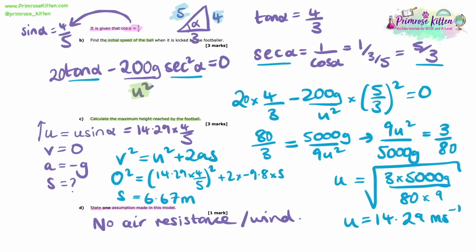And that is why we could make a lot of the assumptions in this question when talking about this horizontal plane having no acceleration. So, good work. I hope that that's nice and clear now. Every projectiles question is the same as the last, so if you can ace this method, you'll be fine on